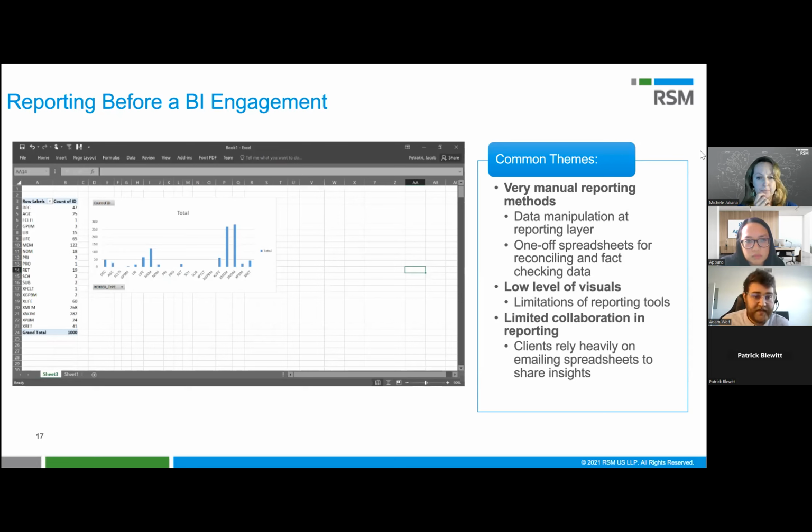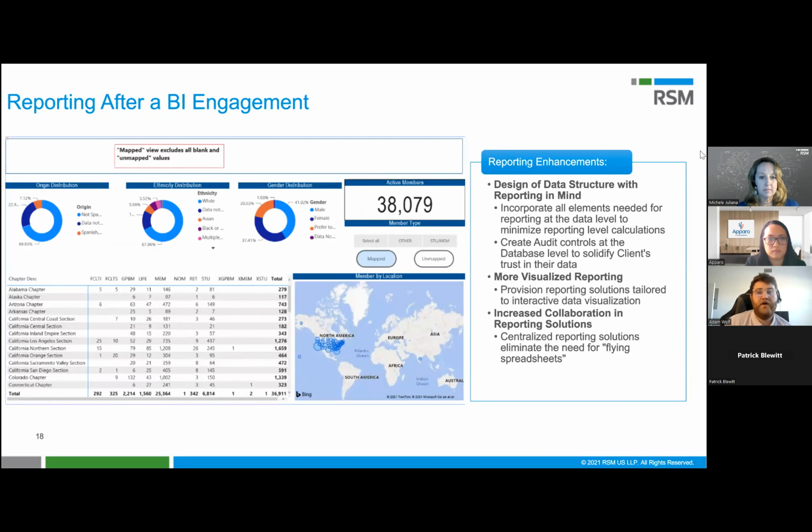So this is an example from a previous client, data scrubbed for confidentiality, of course. This is an example of a report that we've seen in the past that they were using and distributing through email. It's not particularly engaging. It's hard to really derive the information that we're getting out of this. So if you were to hand this to a new member of the organization, it's really hard to make sense of what this is. And what we can do is transform something like this into something like this, where you